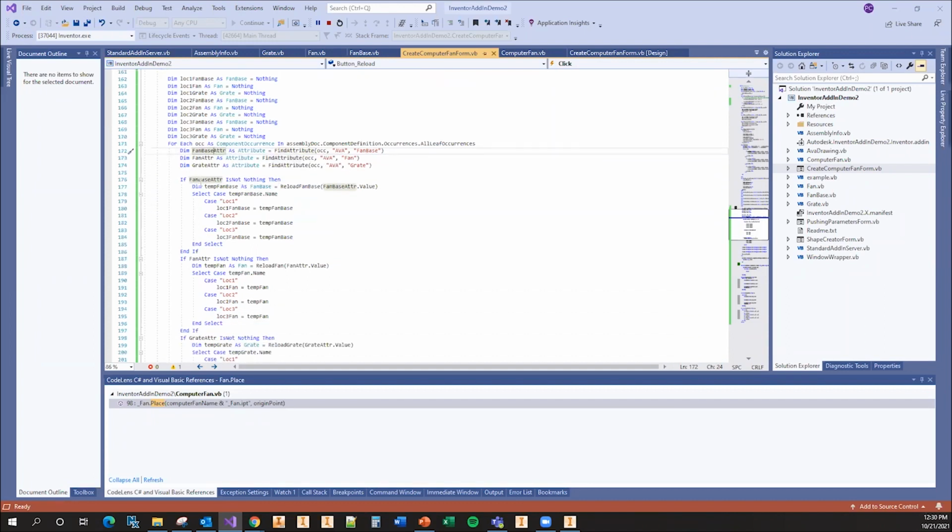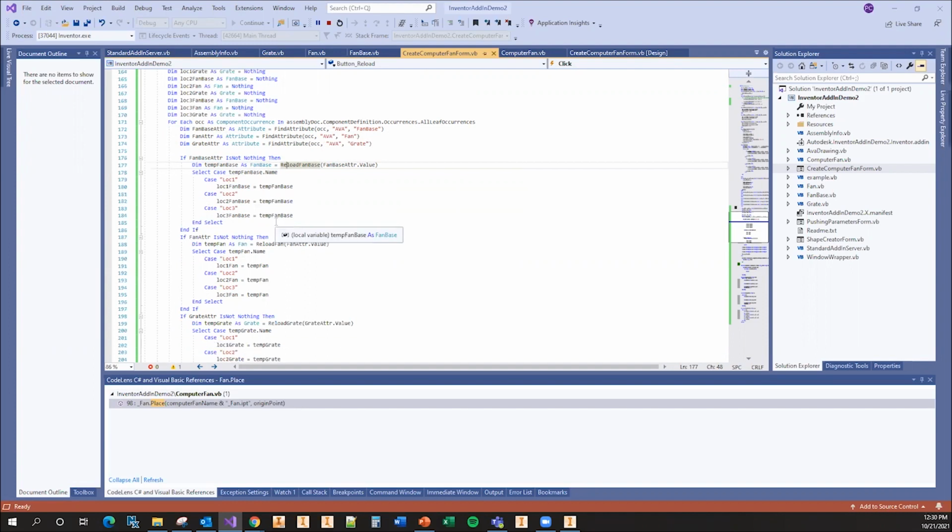So we have to remember that. We check if it's not nothing, and if it is something, then we're going to go in and reload the fan base. So in this one, we'll look at the fan base